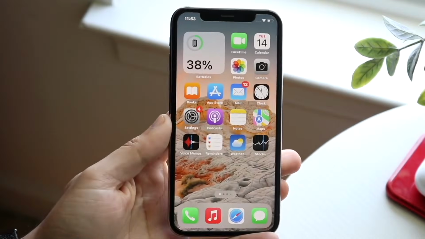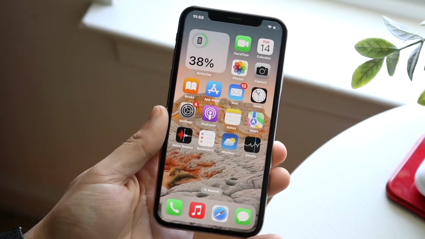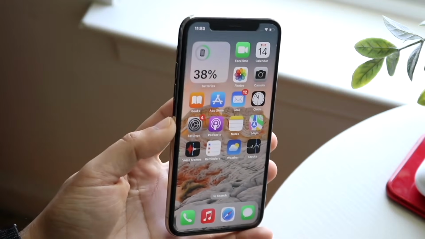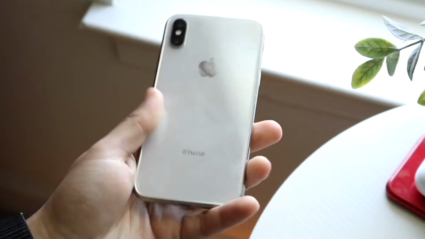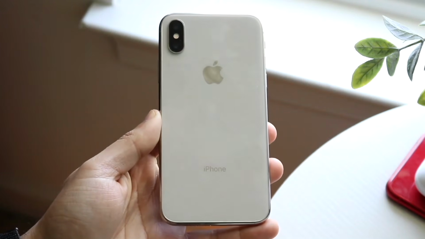So you might be in a situation where for some reason iOS 16.7.15 just isn't installing. Now, this can happen for a couple of different reasons. Number one, the main reason something like this can happen is because you don't have enough storage